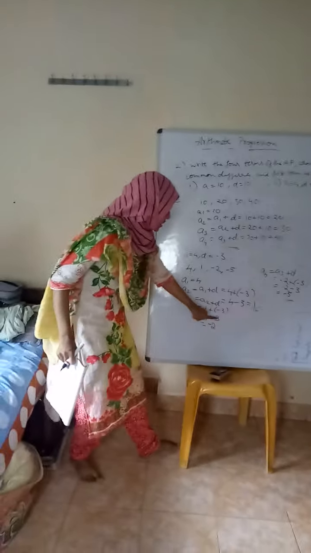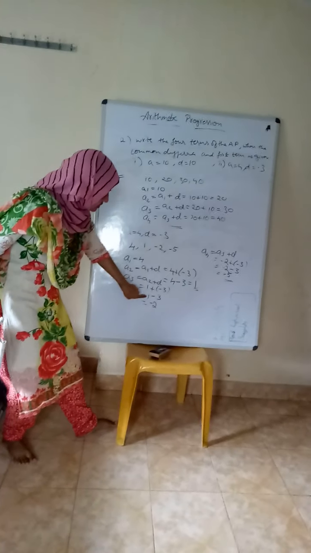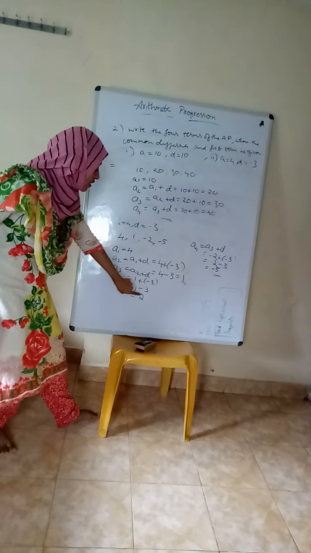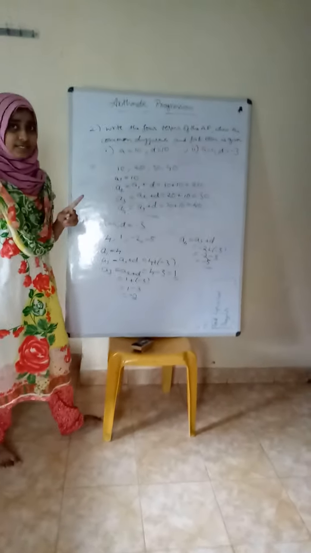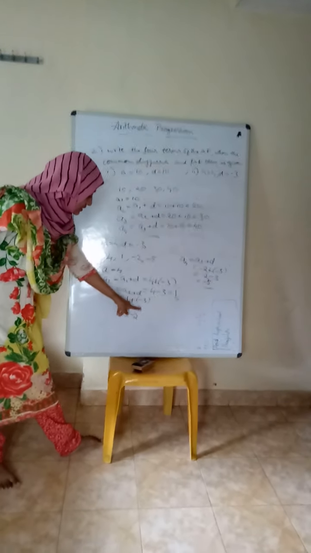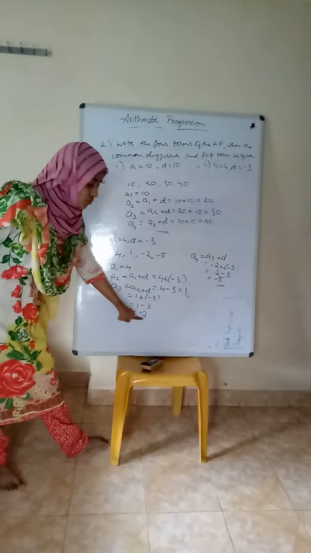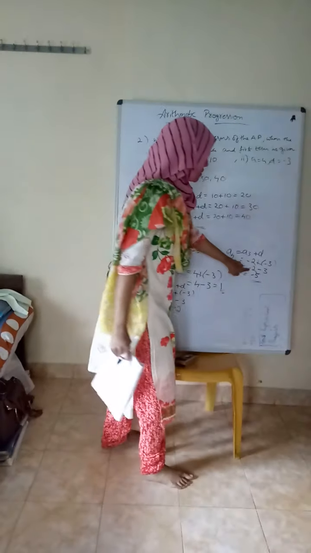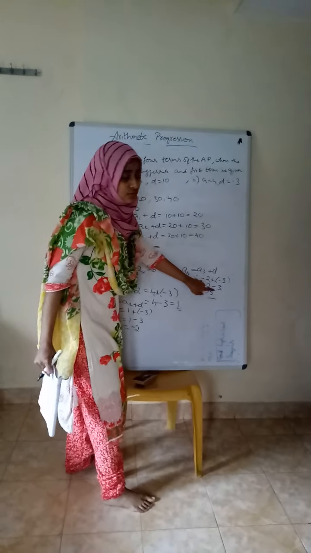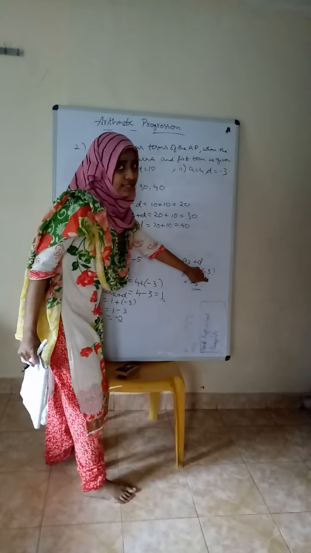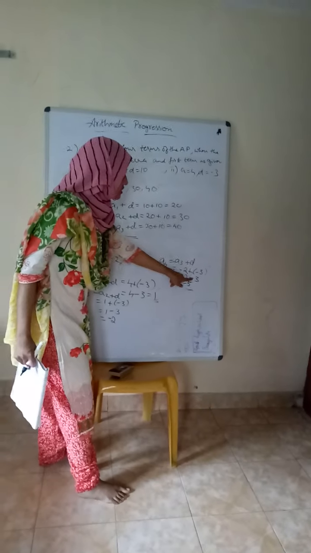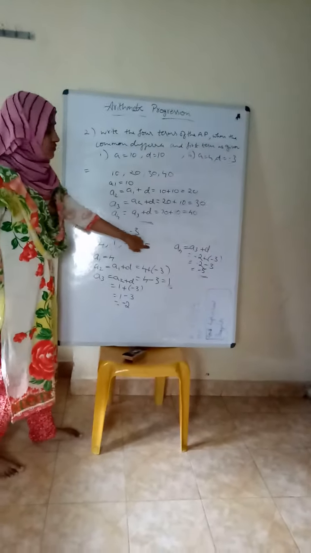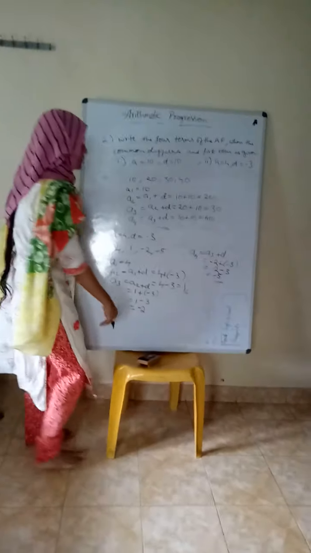Don't forget this. If you have different signs, see this is positive, 1 is positive, 3 is negative. If you have different signs, you have to subtract the numbers and write the sign of the bigger number. So you have subtracted here, 3 minus 1 is 2, and you have written the sign of the bigger number, 3. Here, signs are same. If you have same sign, you have to add the numbers and write the sign of the bigger number. So it is minus 5. So you got 1, 2, 3, 4, 4 terms of AP.